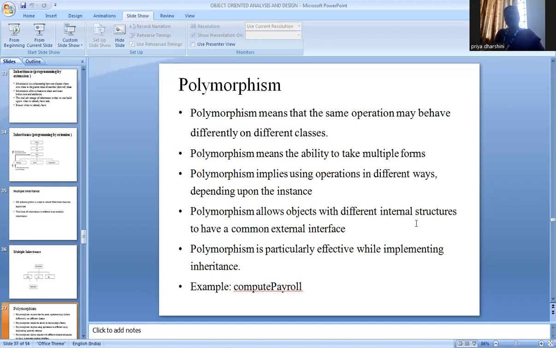Polymorphism. Next one, polymorphism, which means the same operation may behave differently on different classes. So that is polymorphism. Polymorphism is the ability to take multiple forms. The polymorphism applies